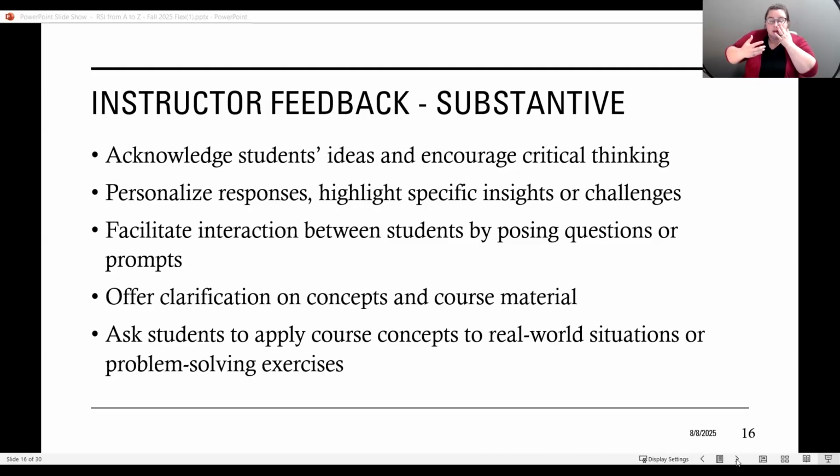If there's something that you can clarify, or something you can give more information about, maybe they didn't say something quite right, or they are kind of hinting at something and you're giving them more information about a concept, that is key right there. And then talk about how some of those things can be applied to real life. Okay. Yeah, all of that.